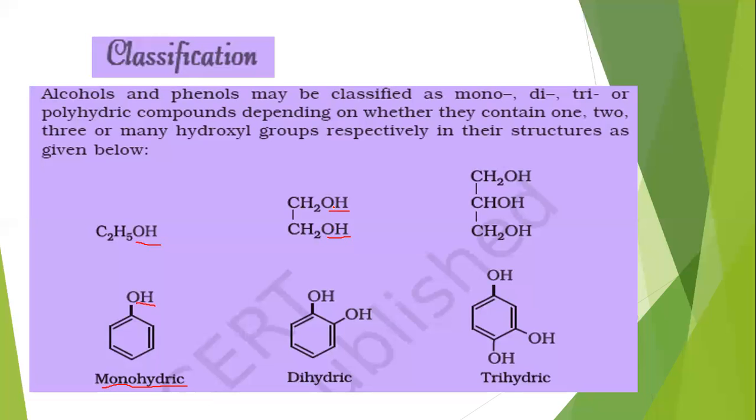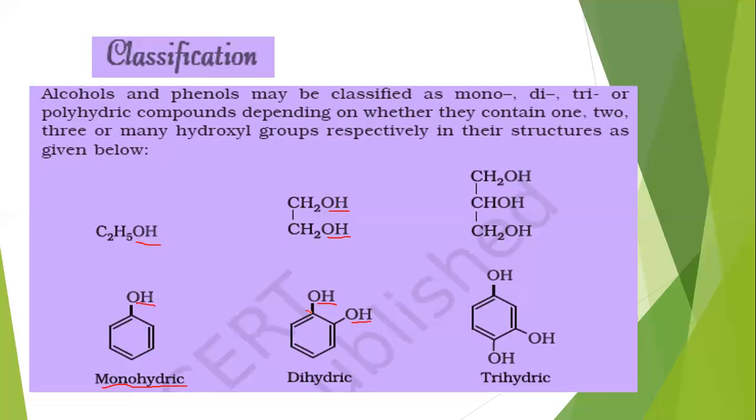Here, two hydroxyl groups. See this example. In this example, this benzene contains one hydroxyl group and this is the second hydroxyl group. So as two hydrogen atoms from an aliphatic hydrocarbon are replaced by two OH, it is a dihydric alcohol. This is a dihydric alcohol. And in this aromatic compound,